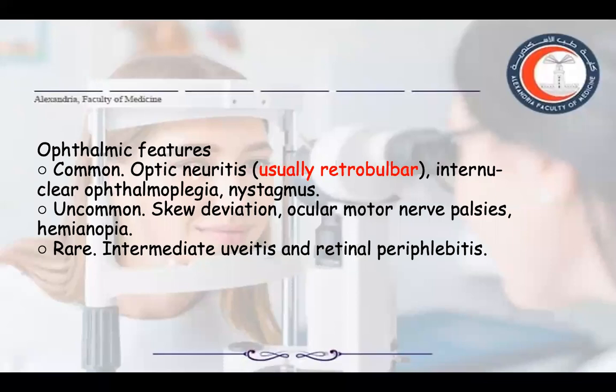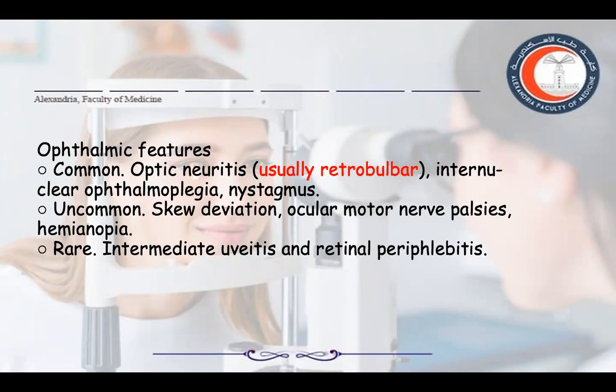And we have what concerns us here, which is the ophthalmic features. The most common is the optic neuritis, which is usually retrobulbar. As I've mentioned, one of the ophthalmic classifications is the retrobulbar neuritis, in which the appearance of the optic disc is normal at first. Maybe weeks later, optic atrophy can happen. Other common ophthalmic manifestations include INO, nystagmus,